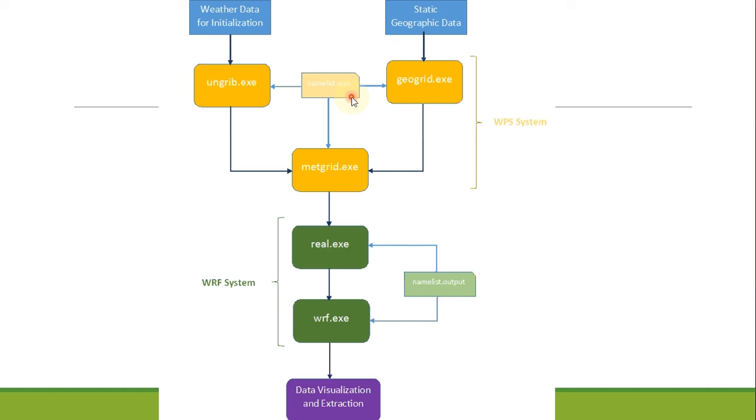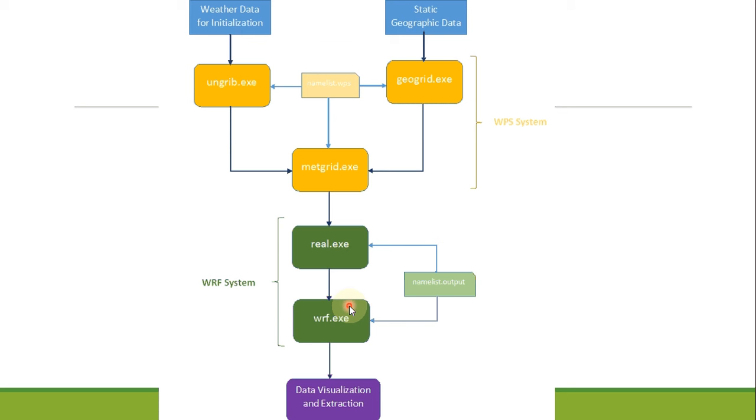The main function of the WPS program is to pre-process weather and terrestrial data into a format which can be used by the WRF system. The WRF system is composed of two software, real.exe and wrf.exe. The real.exe converts the output files from the metgrid.exe into an intermediate format which can be used by the second WRF program. The WRF.exe is a numerical integration program which solves partial differential equations of the atmospheric and oceanic processes